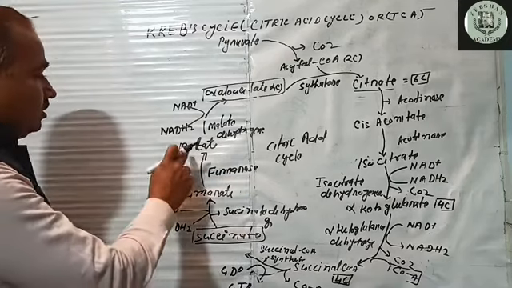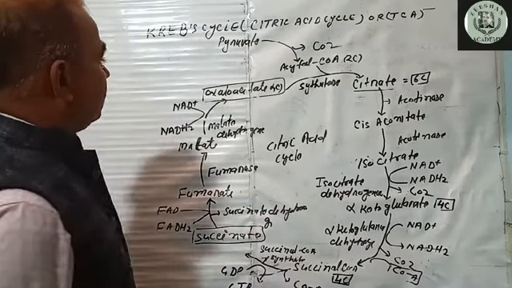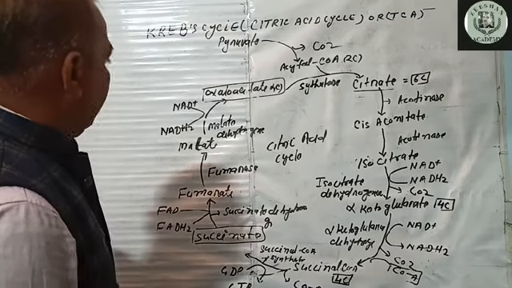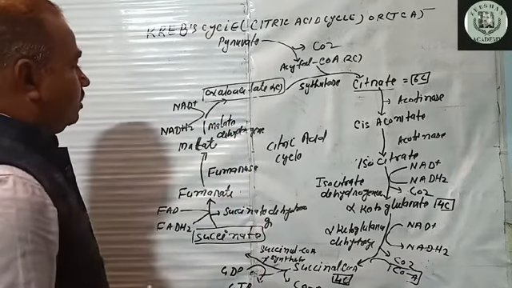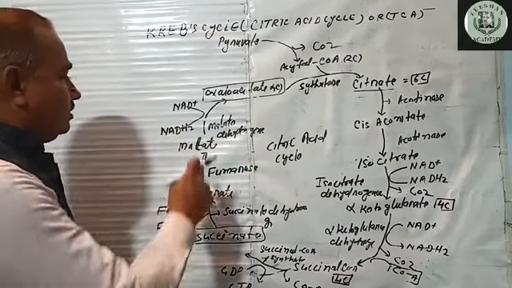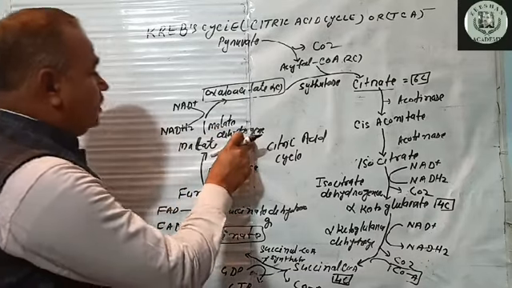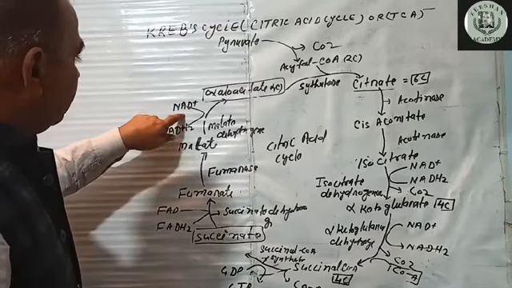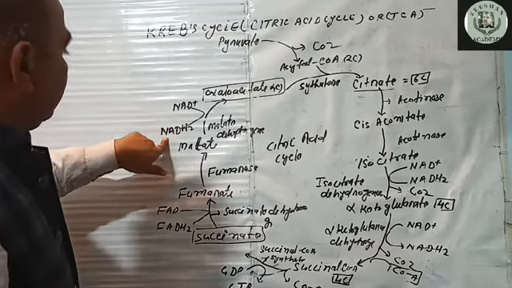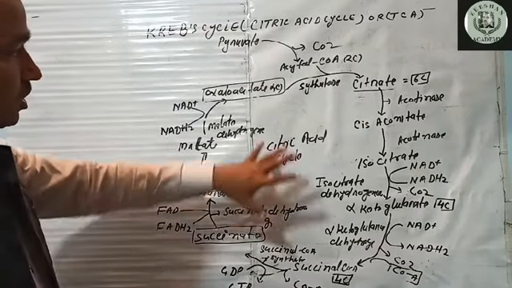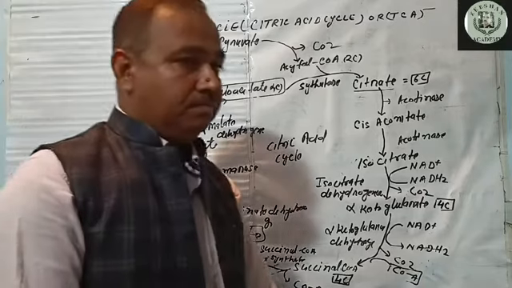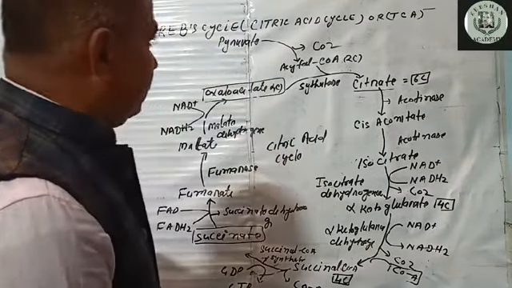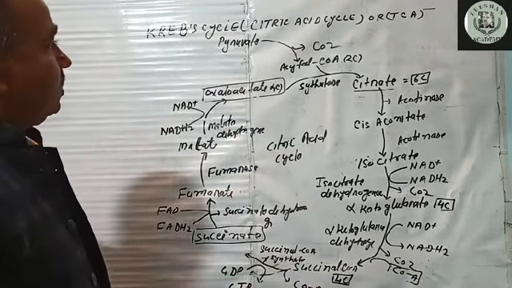Finally, the malate is converted into oxaloacetate, and this reaction is catalyzed by the enzyme malate dehydrogenase. Here once again NAD is converted into NADH2. So the process of the Krebs cycle is completed, and finally the complete oxidation of